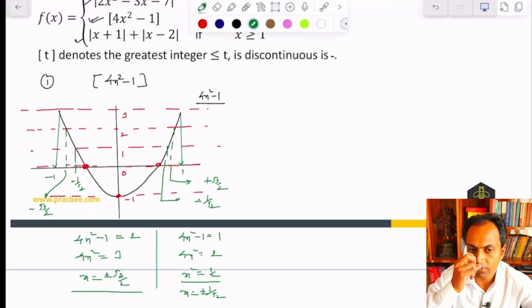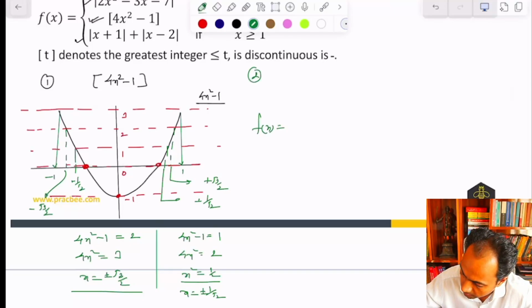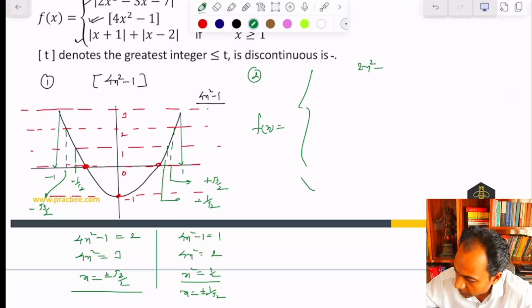Now if I want to interpret the whole function, let us understand how it is going to look. In the second part, I can write my f(x). At one end, I have this modulus function that we know by definition is continuous, so I do not need to reinterpret this. So for x smaller than or equal to minus 1, we have these values. But for values of x between